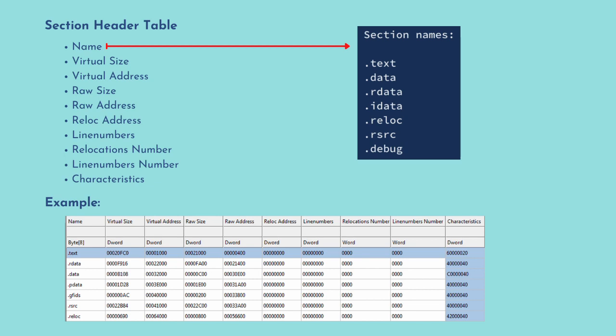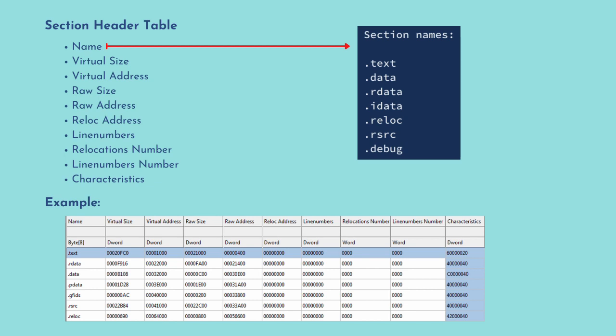PE sections. PE section headers also specify the section name using a simple character array field called name. We'll check common PE sections. .text is normally the first section and contains the executable code for the application. Inside this section is also the entry point of the application, the address of the first application instruction that will be executed. An application can have more than one section with executable code.